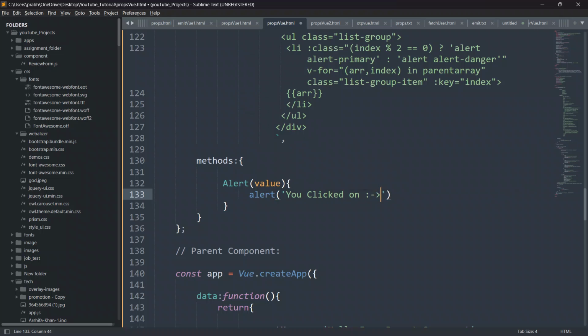Rather, I can use a backtick, so it will be very easy to display the variable. I'll use the backtick and give a space also. I will use string interpolation. I'll say dollar sign,